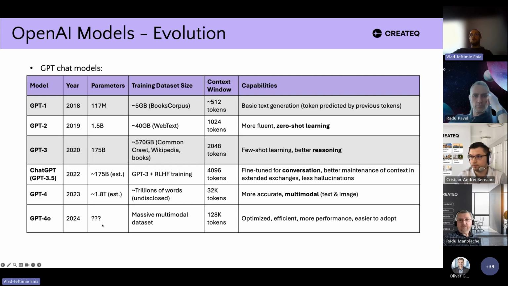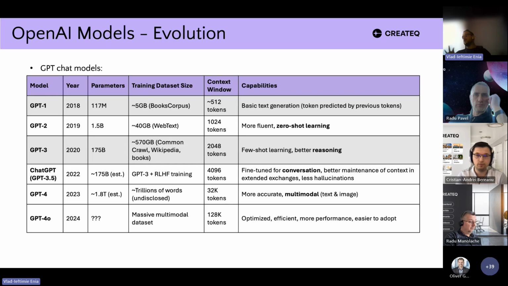And GPT-4o, with an undisclosed number of parameters, probably several trillion parameters. Also, it was trained on multimodal data sets, so not only text. It is the state-of-the-art model for now.